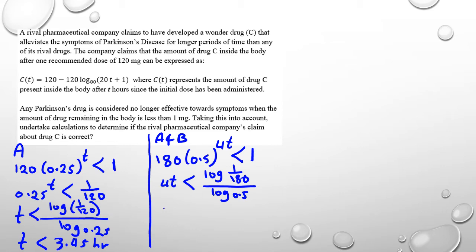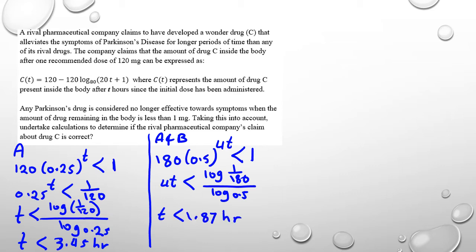Then t less than, so I'm going to calculate the log first. I'm going to do log, open bracket, 1 divided by 180, close the bracket, enter to get the answer. Then divide straight away, that will carry out the answer, log 0.5, and then again divide by 4. So the answer is